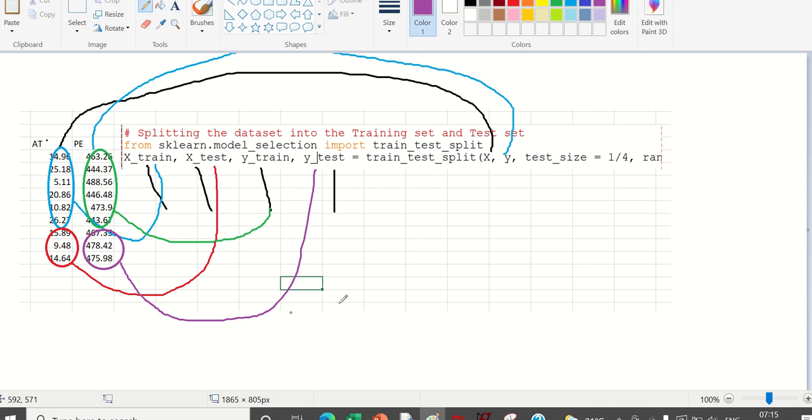So with this you guys can get the data. Y train and X train both are interrelated. X test and Y test both are interrelated, because they are the same data corresponding to each other. Hopefully this is clear.